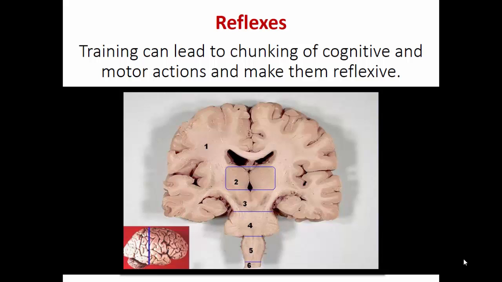Neural networks that we use when we consciously do something are not the same ones as the ones we use when an action has become automatic. The basal ganglia, which are gray matter structures deep in the brain, direct these automatic actions. Extended training and repetition can lead to chunks of information being encoded as automatic or reflexive. This chunking of information with proper training can lead to the ability to allow actions to occur so fast that conscious processing cannot keep up with them.